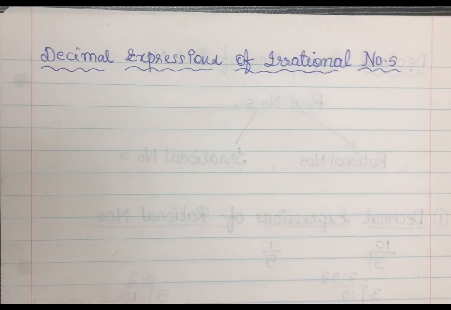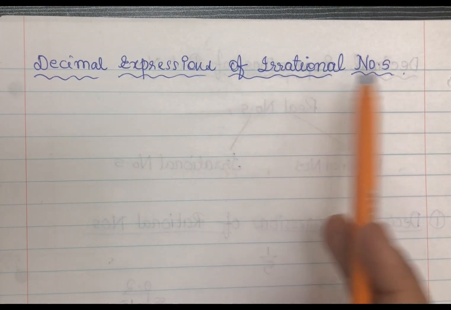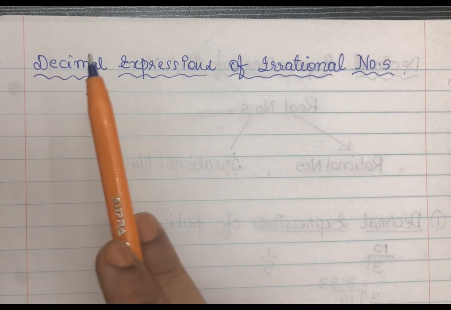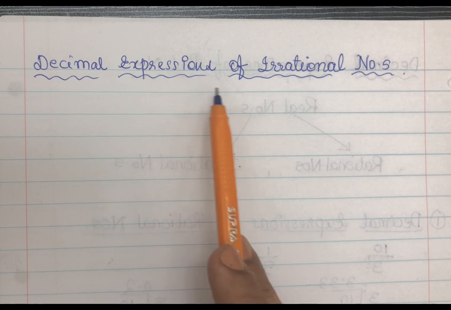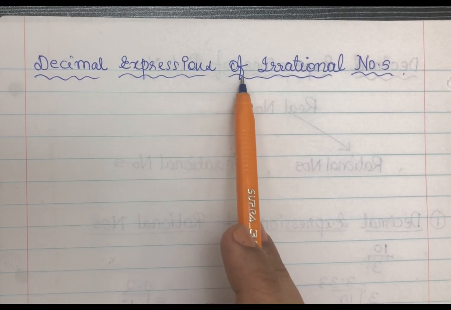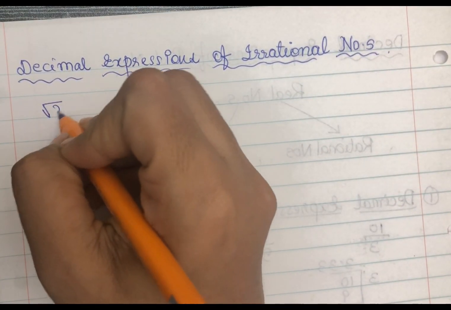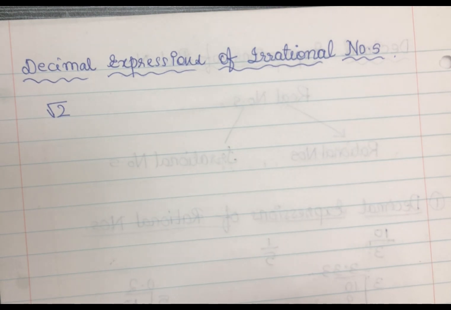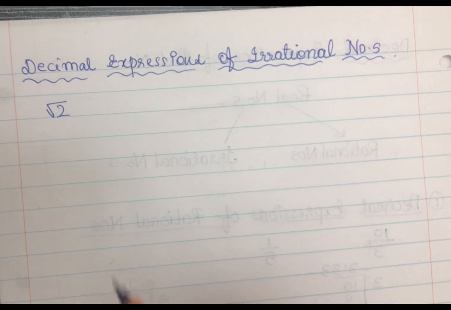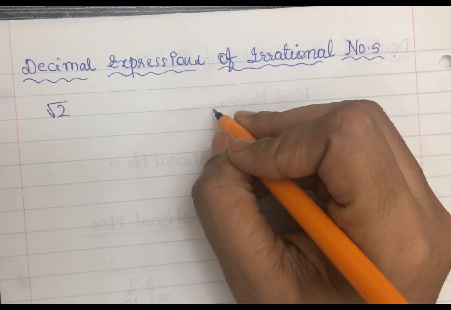And now we will move on to the next topic, that is decimal expressions of irrational numbers. We have seen the decimal expressions of rational numbers. Now we move on to the decimal expressions of irrational numbers. You all know that root 2 is an irrational number. So first we'll find the decimal expression of root 2 using